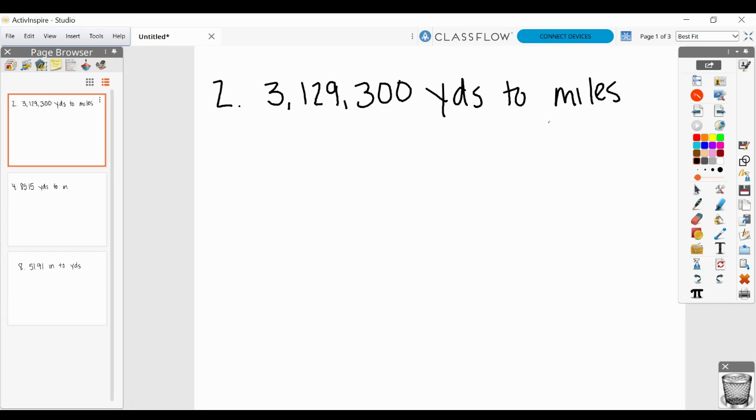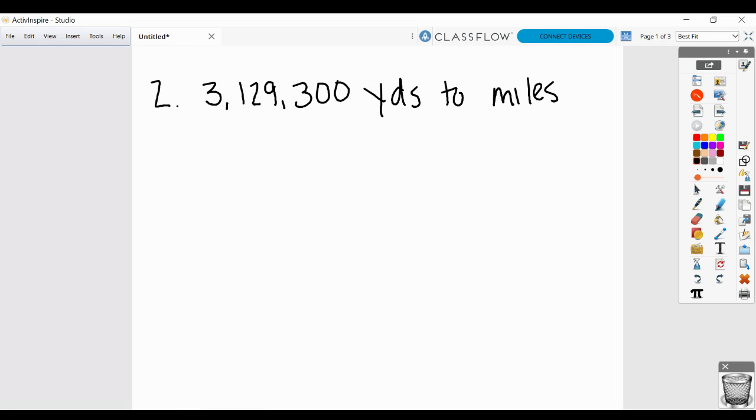Okay, so I'm going to do some example problems from the General Conversions worksheet. Your homework is 1 to 15 odd, and I'm going to do a couple of the even problems for some extra help if you need some extra help. So number 2 is